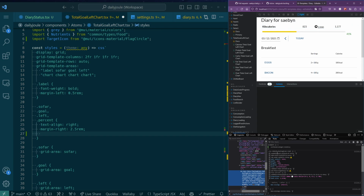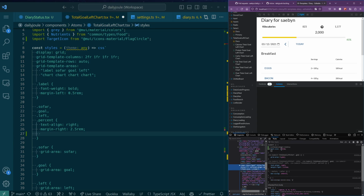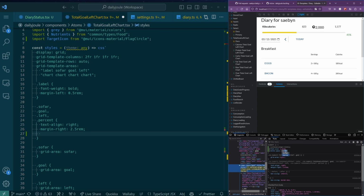So font size of this SVG element is 1.5 rem. What's the font size here? Font size 1.5 rem. Interesting. Word wrap. Nope, still does not help, does it? What if...